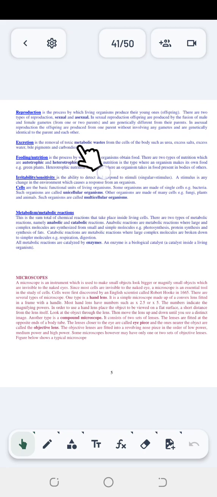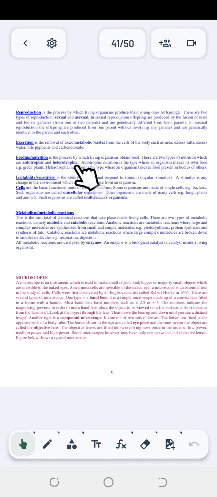Excretion is the removal of toxic metabolic wastes from the cells of the body, such as urea, excess salt, excess water, bile pigments, and carbon dioxide. So that is excretion. Then we proceed to feeding or nutrition, which is the process by which living organisms obtain food. There are two types of nutrition, which are autotrophic nutrition or